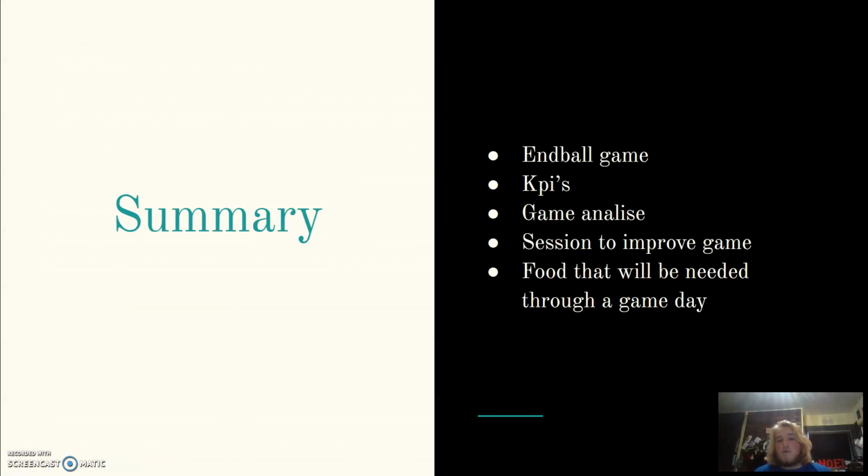And just a quick summary, we've gone over what the Endball game is and how we need to improve it, and how we need to improve specific areas of it, should I say. We've gone over what our KPIs are, attacking scenarios, how we're going to improve that, the game analysis we've used on how we've got our KPIs. We've also discussed sessions to improve the game. As we said, the build-up game, bringing it into an actual game, the warm-up and things to get ready, and the food that will be needed throughout a game day, and the amount of meals and snacks that we'd need to make sure that we've got enough behind us to fight through the day and perform to the best